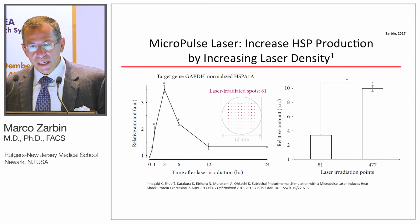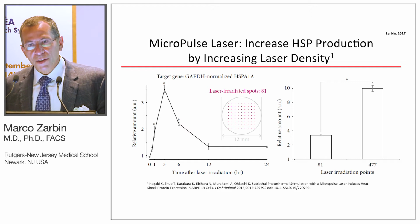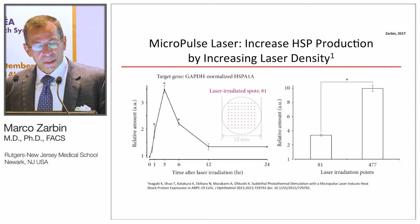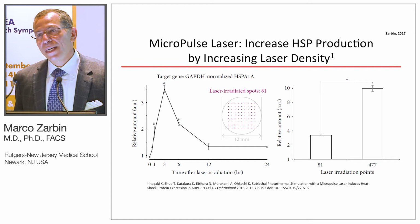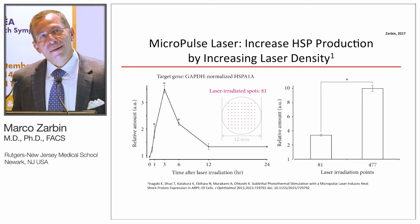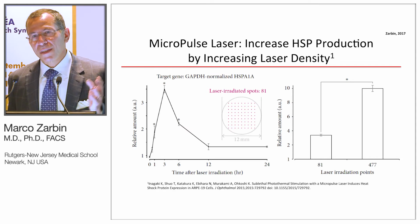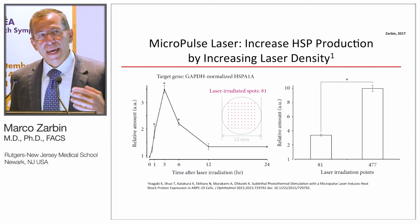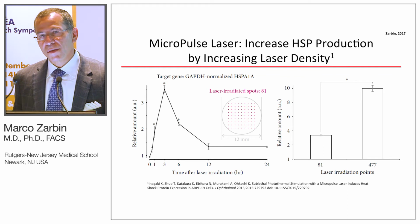you use 81 spots. And I'm showing it to show you that very shortly, 10 minutes after you do the treatment, you actually begin to see an increase in heat shock protein. But the peak level is at 3 hours, and then even at 24 hours, there's still continued production. This is a way of showing you that the micropulse laser initiates a cascade of biological events that take time to evolve. And that's why it takes longer to see the therapeutic benefit with micropulse than it does, say, with